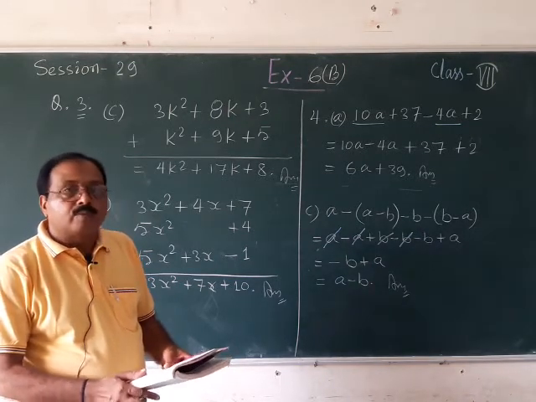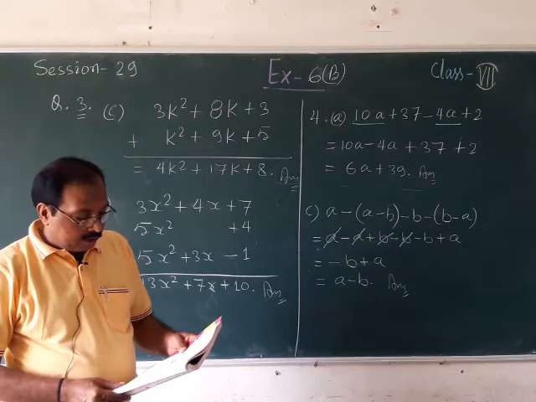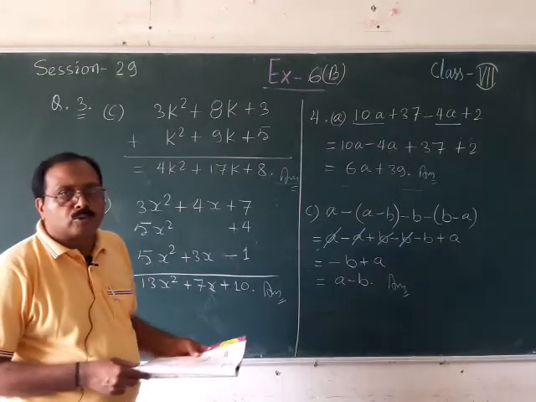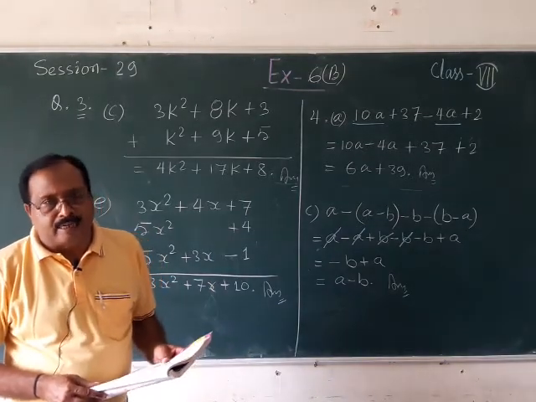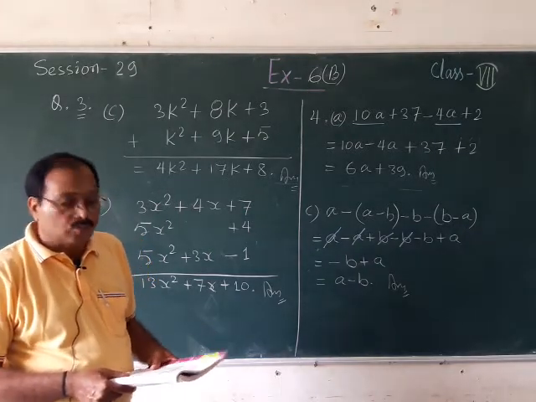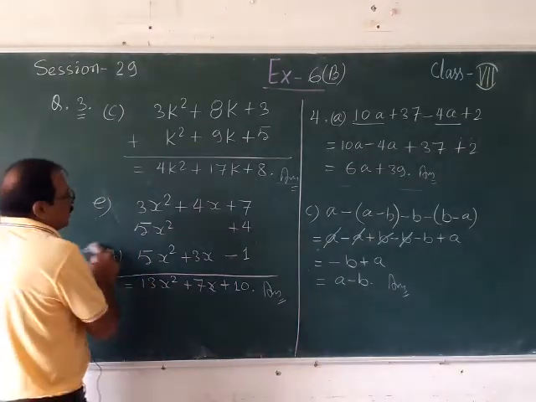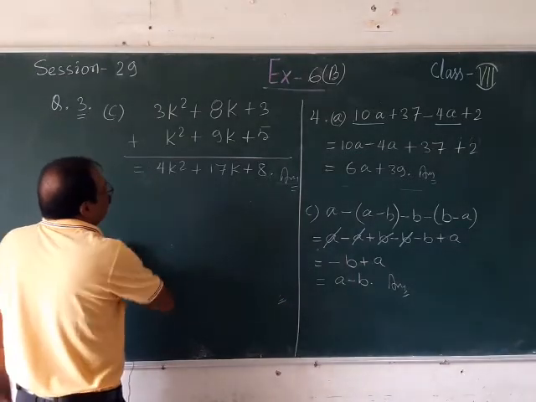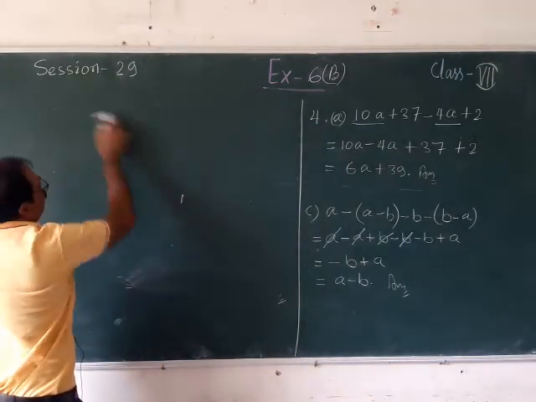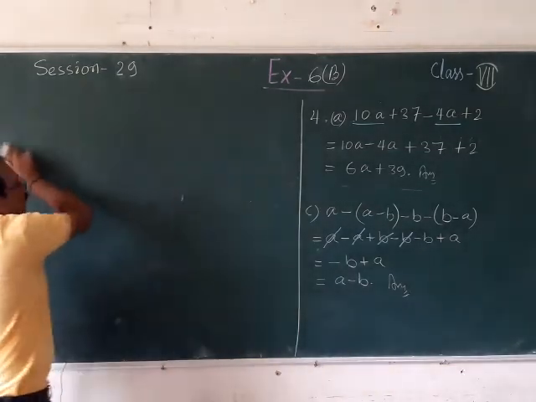Do at least 4-5 questions to be clear, because there are so many questions given there. Any 5 to 6 questions you do from question 4. I have shown you 2 questions. You do any 4 questions, select them randomly, and if you are getting the correct answer, then you can do any question from your exercise. Or in the examination, if I change the variable or any question I give, then you will be able to do it. I hope that you are understanding what I am teaching you.